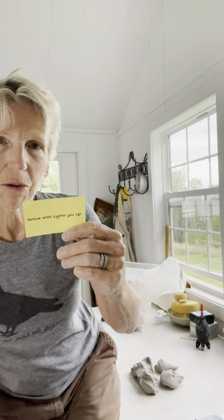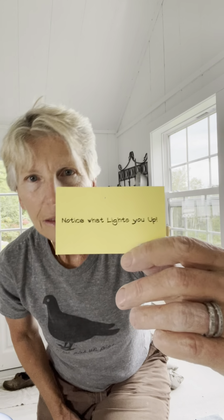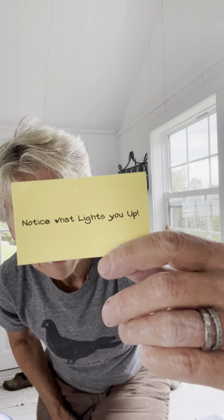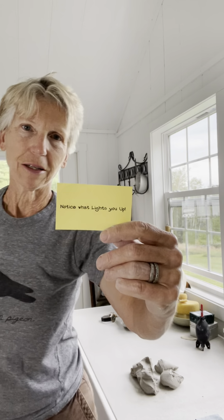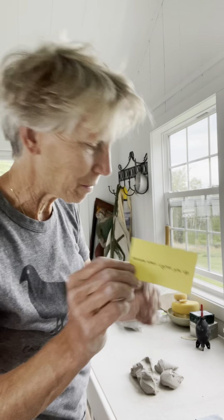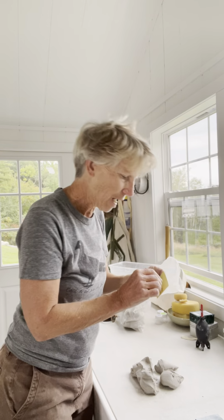Good morning, good morning. Any student of mine, former student I guess, is going to recognize this because I used to pass them out. And I'm happy to send any former student a replacement if you kept it and you lost your card. So this is very important to me as a concept